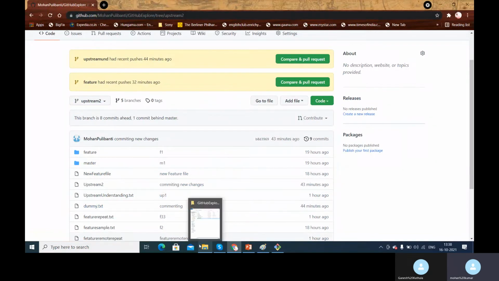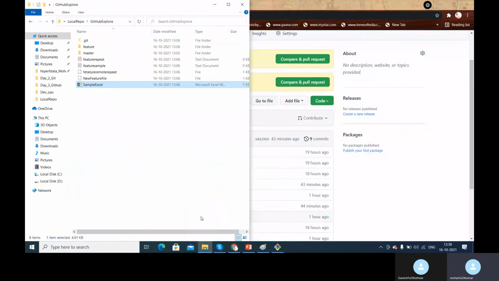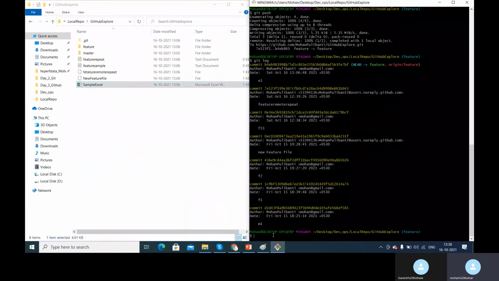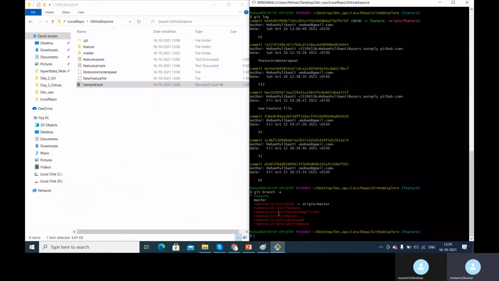Okay, so if I go back to my local repository and my git bash, I need to concentrate on that commit right now. So let me switch to that branch quickly, which is, what is that branch? Dummy2, right? So git branch -a shows us all the local branches as well as the remote branches. But now I don't have that branch created, so I need to create a local tracking branch for the upstream 2 branch. To create a local tracking branch, I need to say git branch --track, and the branch name, which is upstream 2.